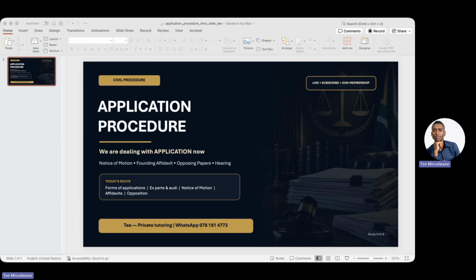The court wants to know, why should I hear you without the other side? Why can the respondent not be notified? What harm will happen if notice is given? Is the matter genuinely urgent? Are you being fully honest? Right? So in a test or an exam where you discuss ex parte applications, don't just say it is an application without notice. That is not enough. You must connect it to fairness. You must say that ex parte applications are exceptional because they limit the respondent's opportunity to be heard, and therefore the applicant must make full and frank disclosure, right?